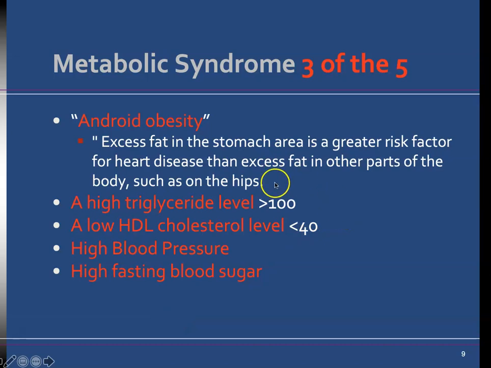So metabolic syndrome: if a patient has 3 of these things listed here, then they're considered to have metabolic syndrome. Android obesity, excess fat in the stomach area, is a greater risk factor for heart disease than excess fat in other parts of the body, such as the hips. They have a high triglyceride level greater than 100, a low HDL cholesterol level less than 40, and